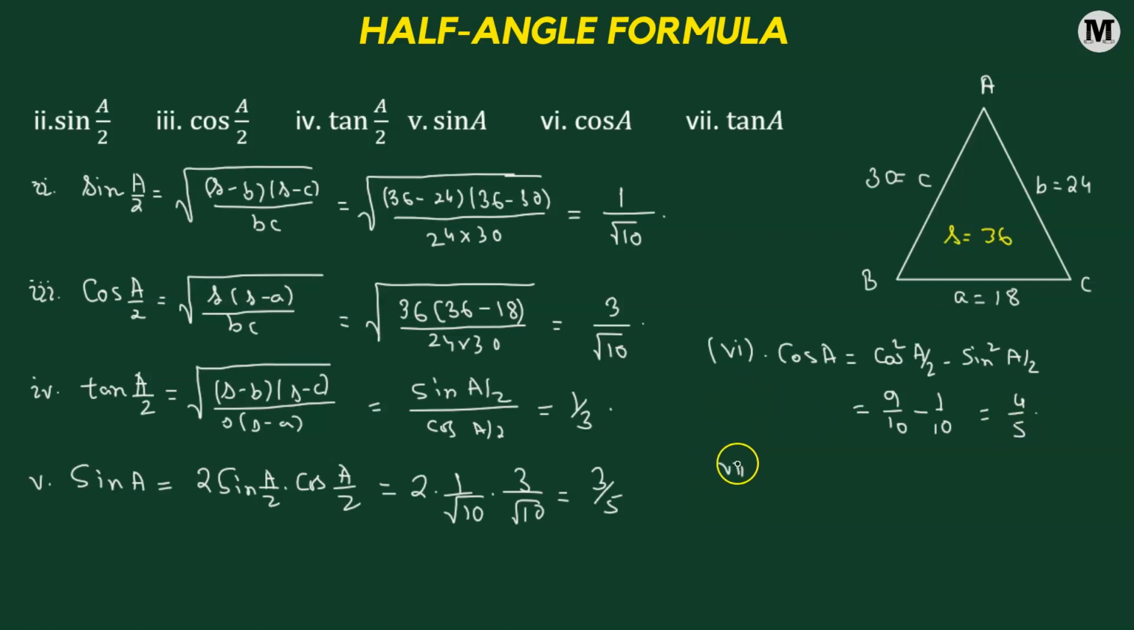And then finally, we need to find out tangent of angle A. So tangent of angle A is given by sine of angle A over cosine of angle A. So let's substitute the values of sine A over cosine A, and that should give us a value 3 over